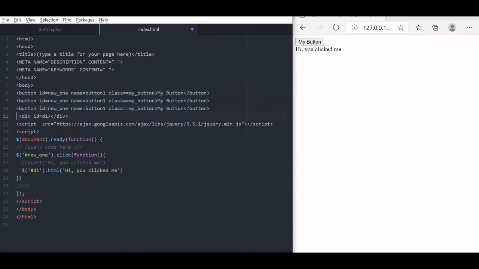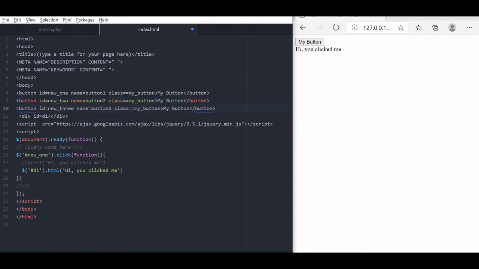We are using 3 buttons, all have a common class, and now we'll have different IDs. The IDs are different. Sorry, the name is also different, we'll make it different by using new one here, new 2. Let us make it new 3. You can give any ID.